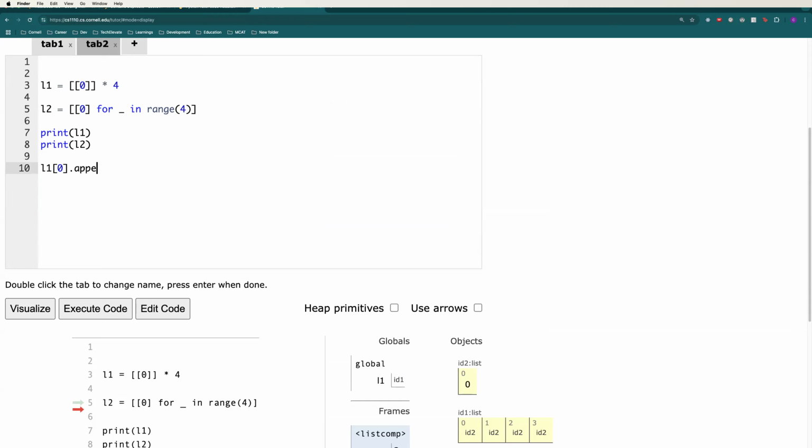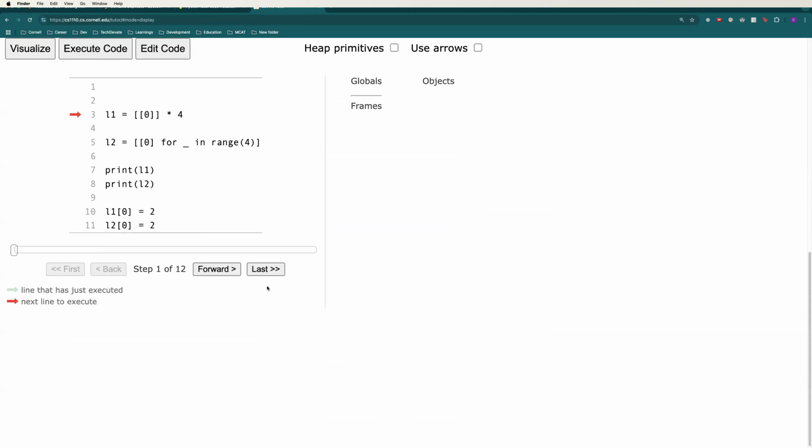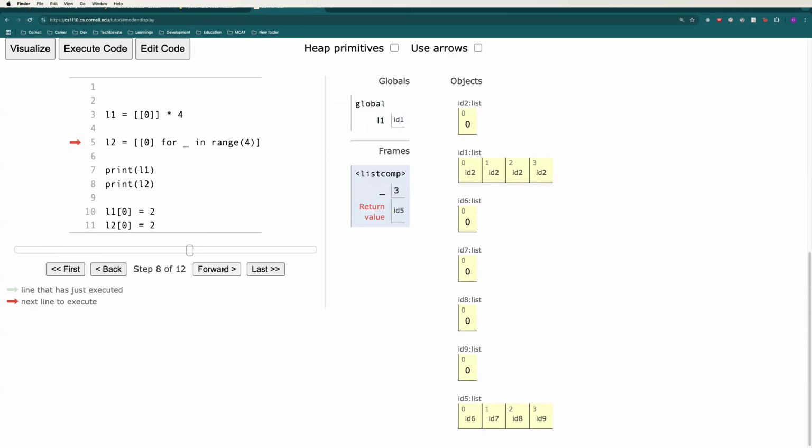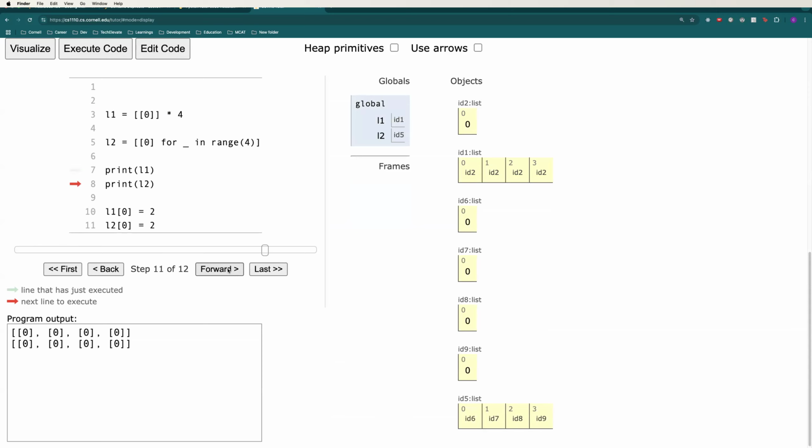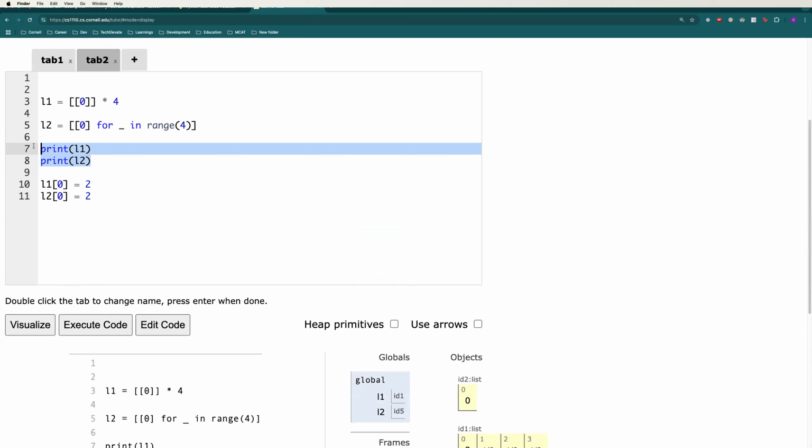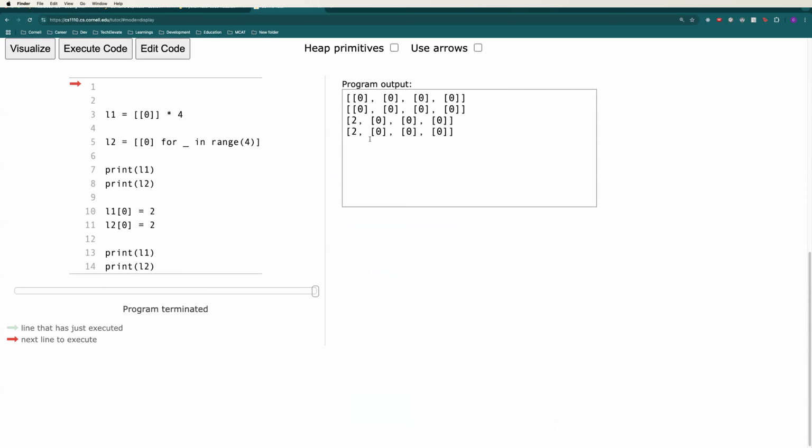Let me just do an assigning. L1 index 0, so let's say 2, and I do L2 index 0 is also equal to 2, right? If I realize that, let me print so everybody will see it. Execute code. So you can see that,